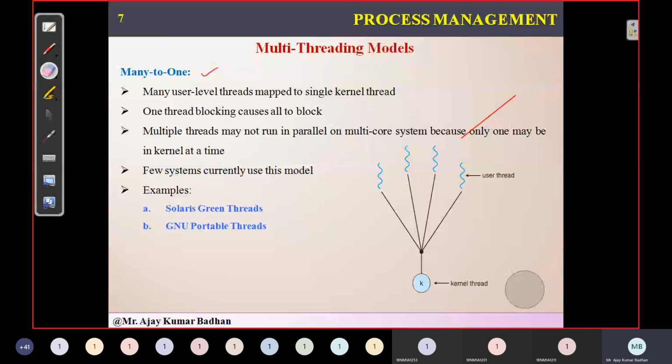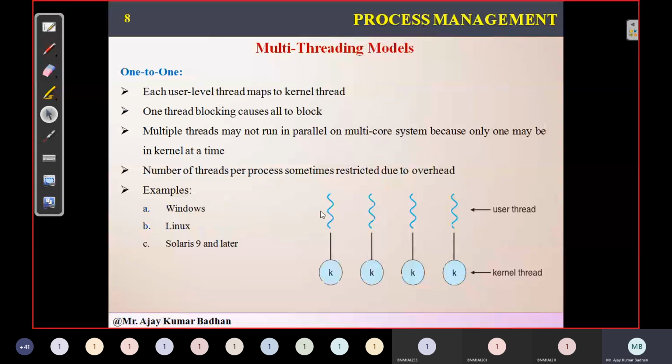This is something like, from multiple pipes you are getting water, but ultimately there is a single tap. If this tap is blocked, even though the water is coming from different sources, you will not get the water. That's the scenario. Here this particular thread is blocking it, and the remaining three threads cannot perform the action. They might have to wait until this thread is removed by the operating system. This is the only drawback we have in this many to one threading model.